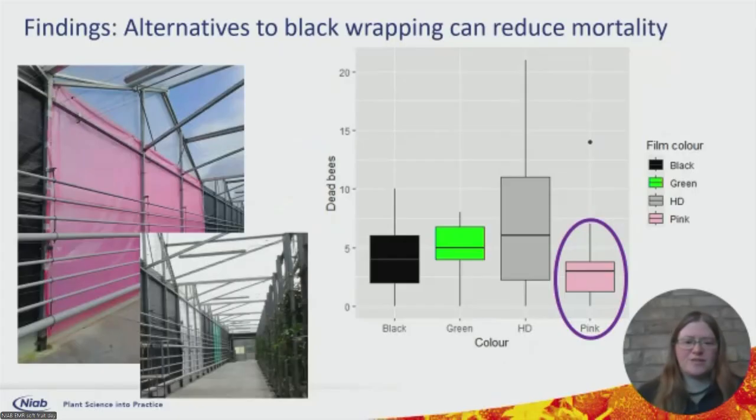So what did we find? Well, the first thing is that the pink and to some extent the green films against the walls were reducing the mortality down to the same level or even better than the black Mypex. This was great from the point of view of reducing the number of dead bees, improving bee welfare in that respect. The high diffusion wasn't causing that reduction in bee mortality. We're still seeing a lot of dead bees against those walls, so it's not just about point source of